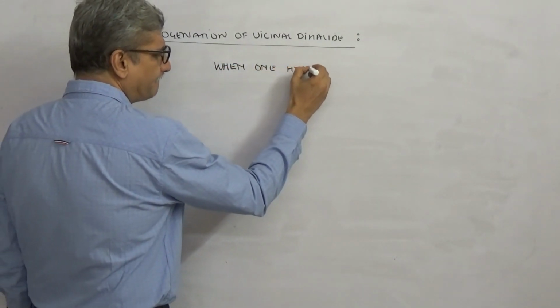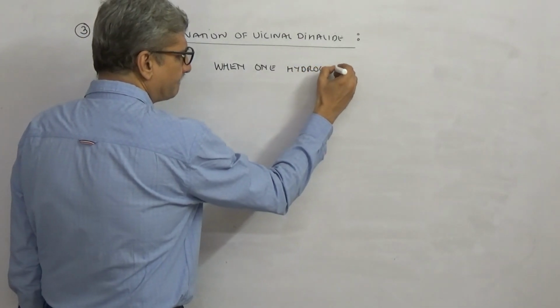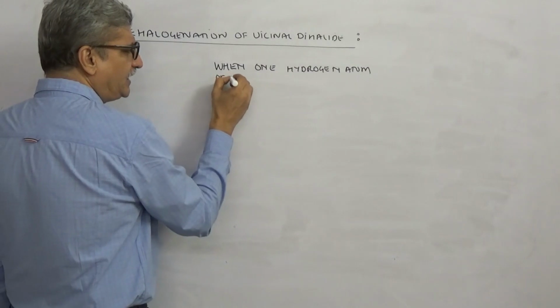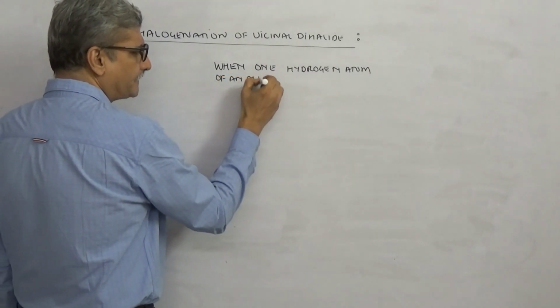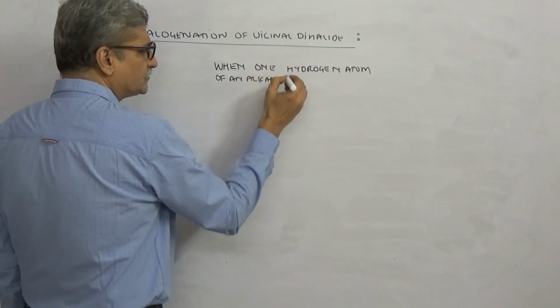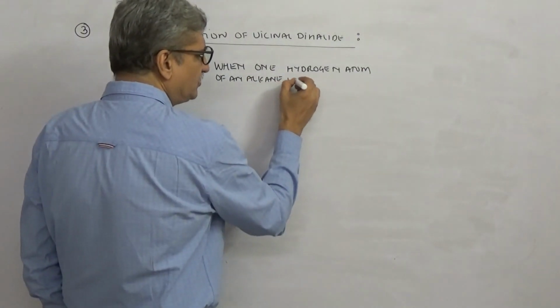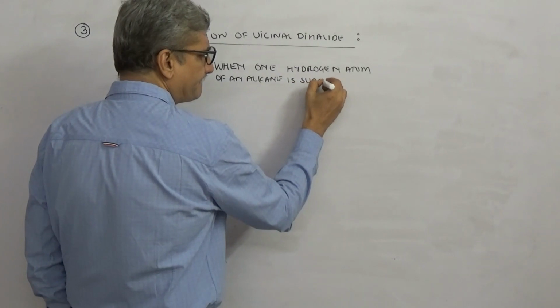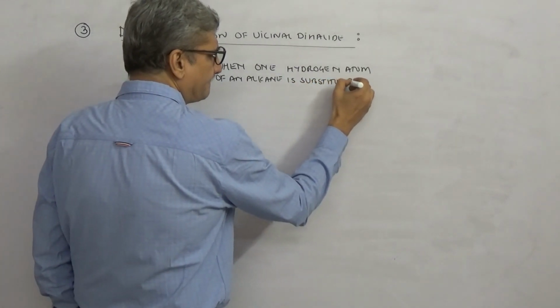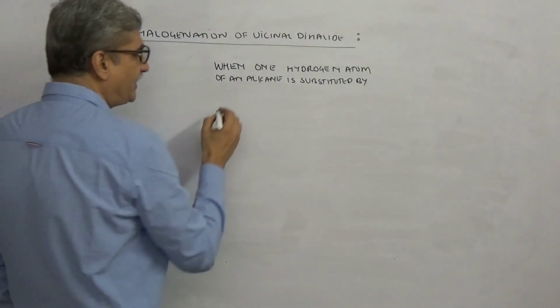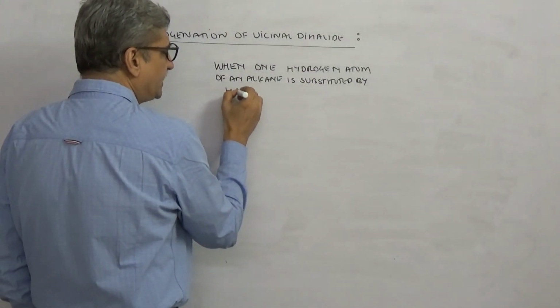When one hydrogen atom of an alkane is substituted by a halogen atom,